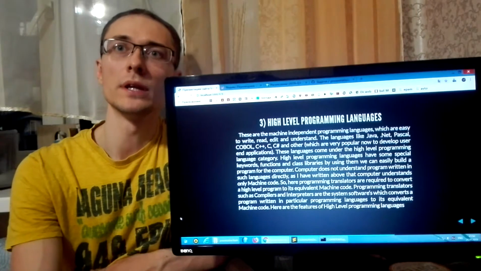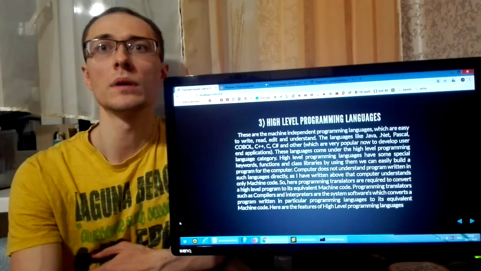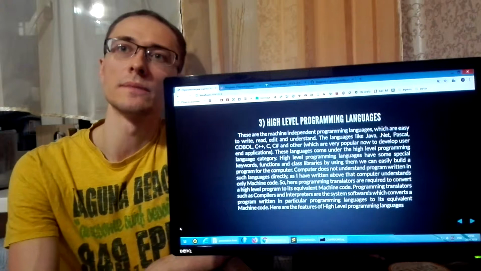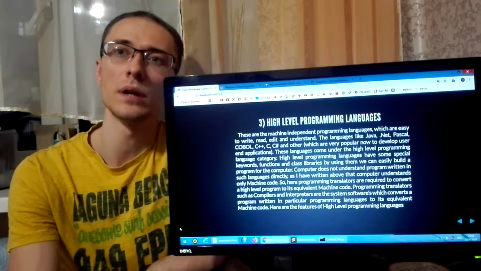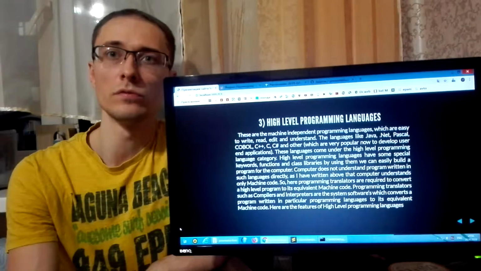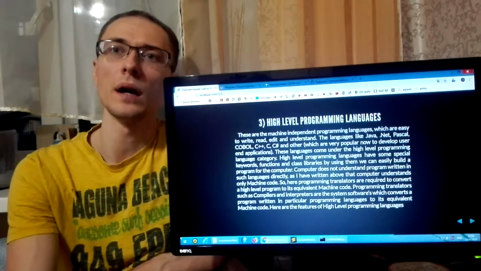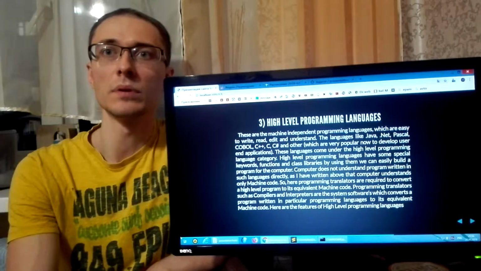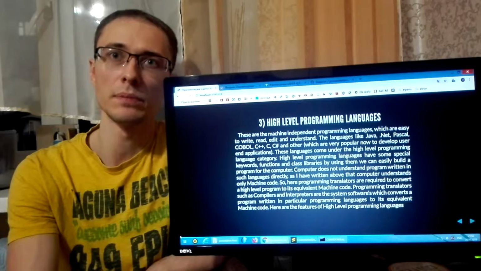Easy to code, read, and edit. The programs written in a high-level programming language are easy to code, read, and edit. We can edit a program written by another programmer easily, even with little knowledge of the programming language. High-level language programs are slower than low-level language programs. Still, these programming languages are popular with developers, users, and applications.